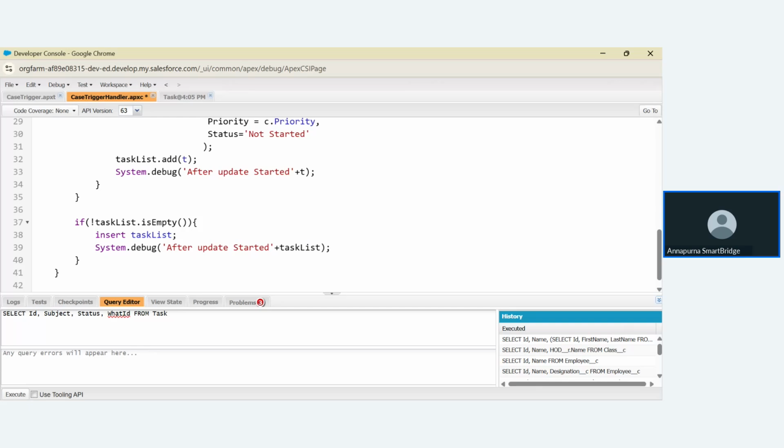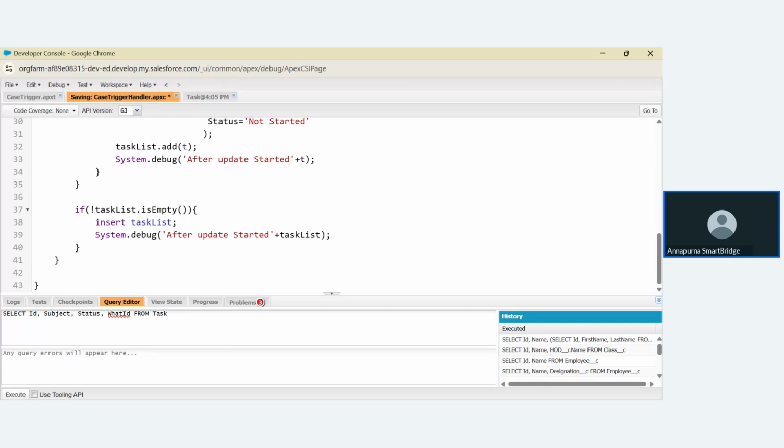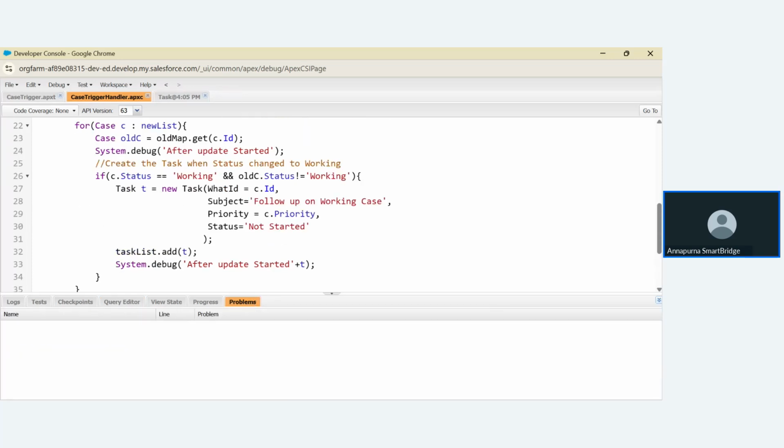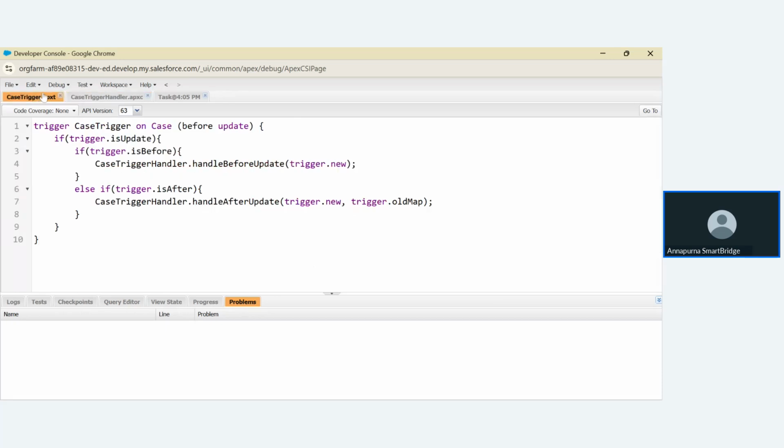We can execute now. Control S. There are no errors, and now we are going to save the trigger too. See, guys, that's the reason we have to divide the code, and this is the best approach, adding the system.debug statements to debug if there are any errors. And now